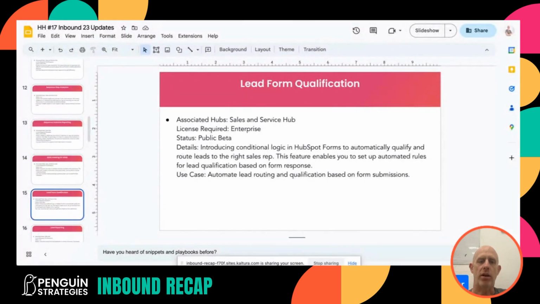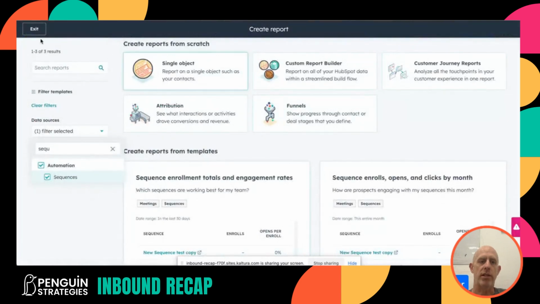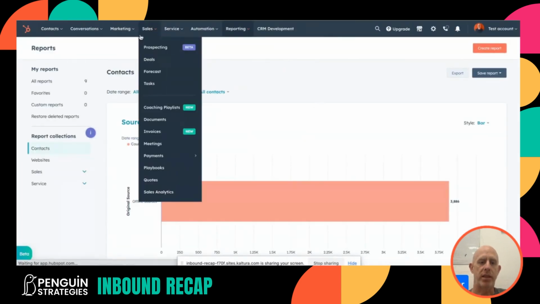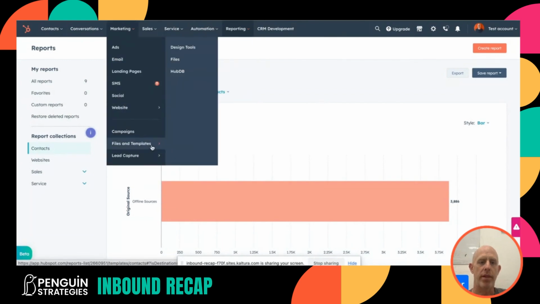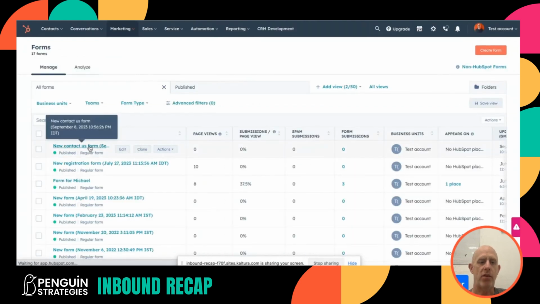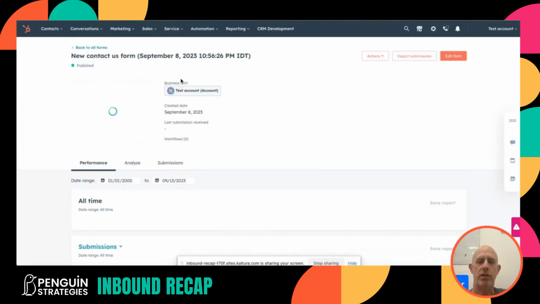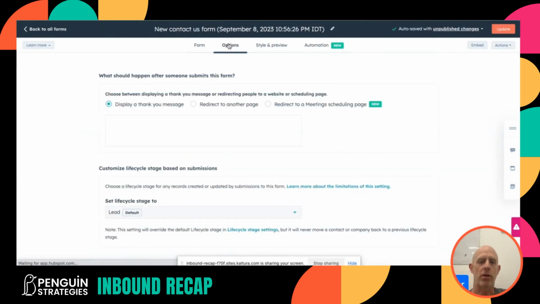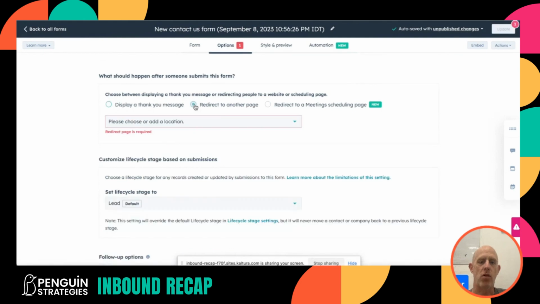Lead form qualification. So for a long time, when we looked at forms, and we'll go into any form here, in the back end you'll see something new came up. Until today, when someone filled out a form, I only had two options: display a thank you message or redirect to another page. What changed now is if I click on redirect to a meeting schedule page,